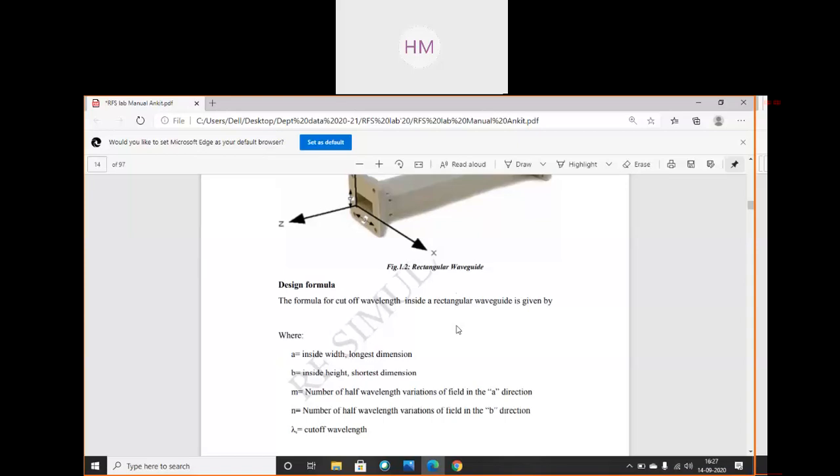See, all these waveguides will work in your gigahertz range. We are designing in the microwave region, and here we will design a WR90 waveguide. You can write in your copy, in your standard books of microwave engineering, there is a chart which tells you there are standard rectangular waveguides designed which have specific measurements and dimensions. So, design formula.